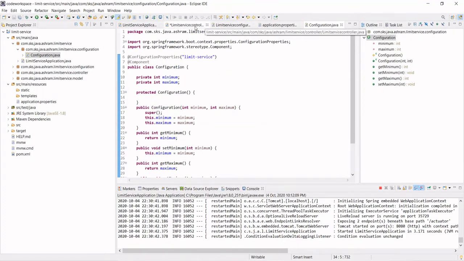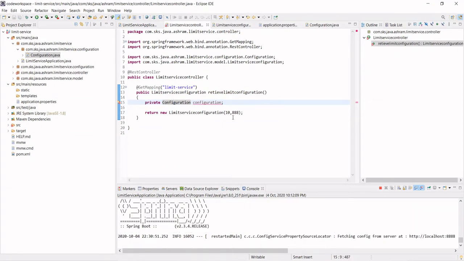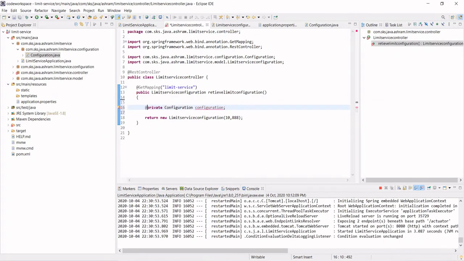Now go to the controller. You will have to autowire this, right?